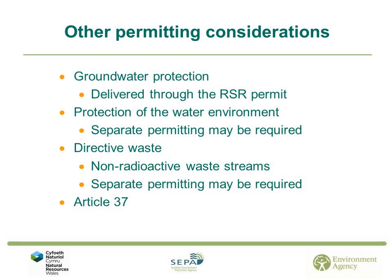environment, and directive waste. Where radioactive substances could enter groundwater as a result of a disposal of radioactive waste, the requirements of the groundwater protection legislation have to be delivered through the radioactive substances permit. Further information about how we consider protection of groundwater can be found in Module 4 on the site-wide environmental safety